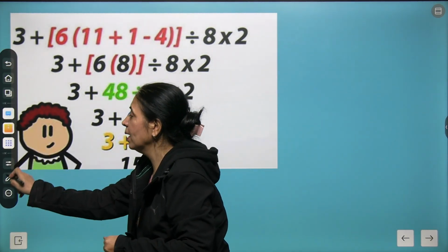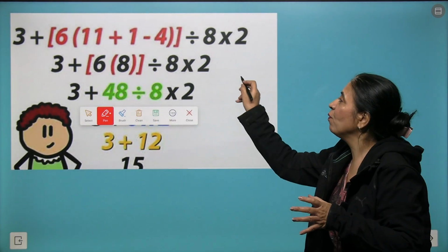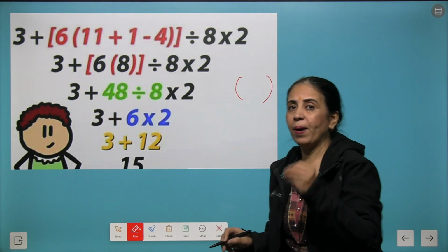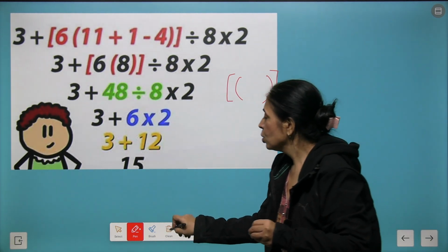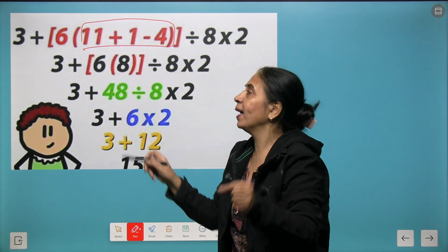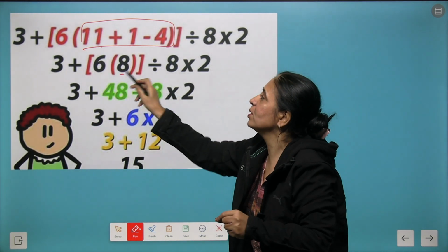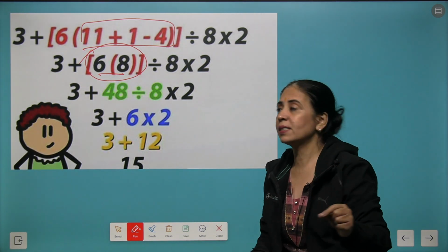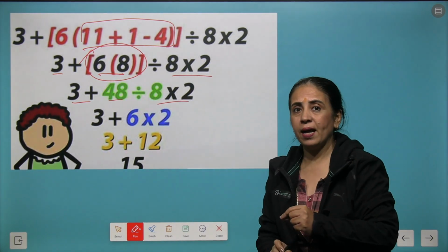We could see that here the brackets are within brackets. So first thing is, we'll be focusing on the smaller brackets. They are called curved brackets. The second focus will be on the square brackets, right? So let's start looking at the inner bracket first, and on solving it we get 11 plus 1 is 12. 12 minus 4 makes 8, right? And now we open this bigger bracket, 6 times 8 becomes 48. The remaining part of the question is written as it is.